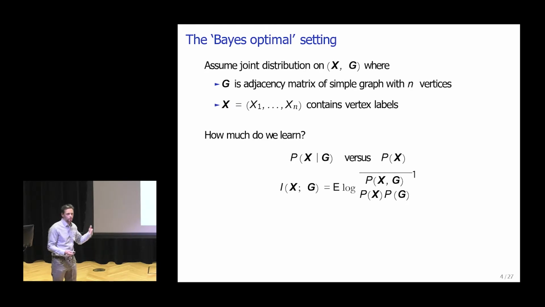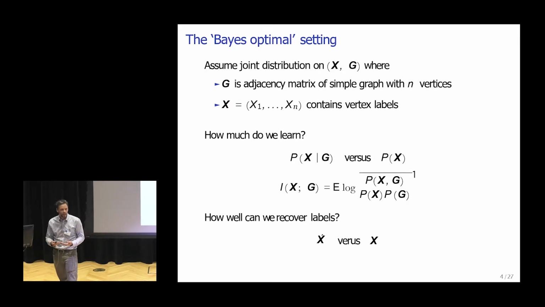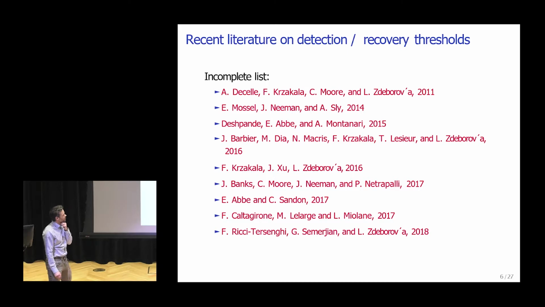This is a question of, what do we know after looking at the graph as opposed to before? And there's also a question of, if we want to make estimates, how well is a given procedure estimating the ground truth. So, information theoretic or estimation theoretic. I think this is almost exactly the same list of papers that Jean may have had on his slide previously.